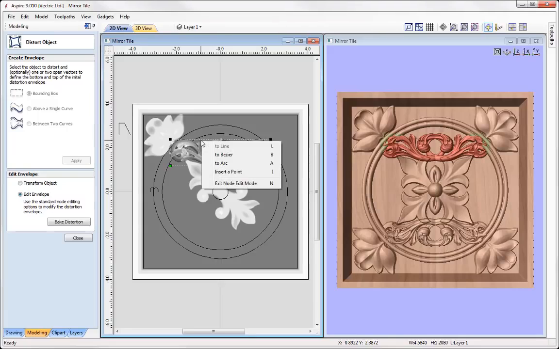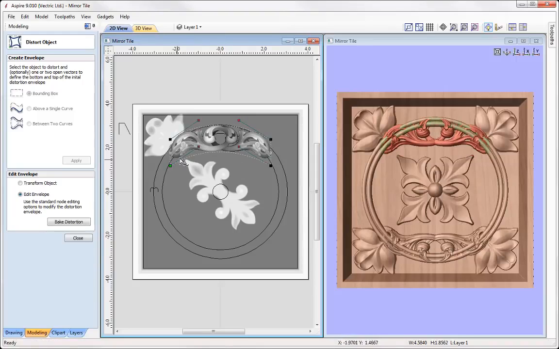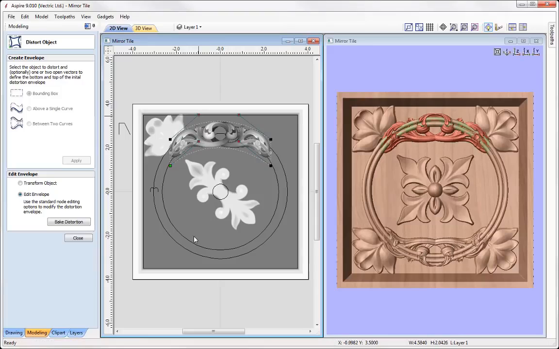node edit mode, I'm going to right click on this span here, say to Bezier, right click here to Bezier, and I'm going to take all of those handles by box selecting those, pulling them up, and you can see that we're creating some curvature there. So there we go, we can bring that up again, and I might want to just bring that over also, and then we could just